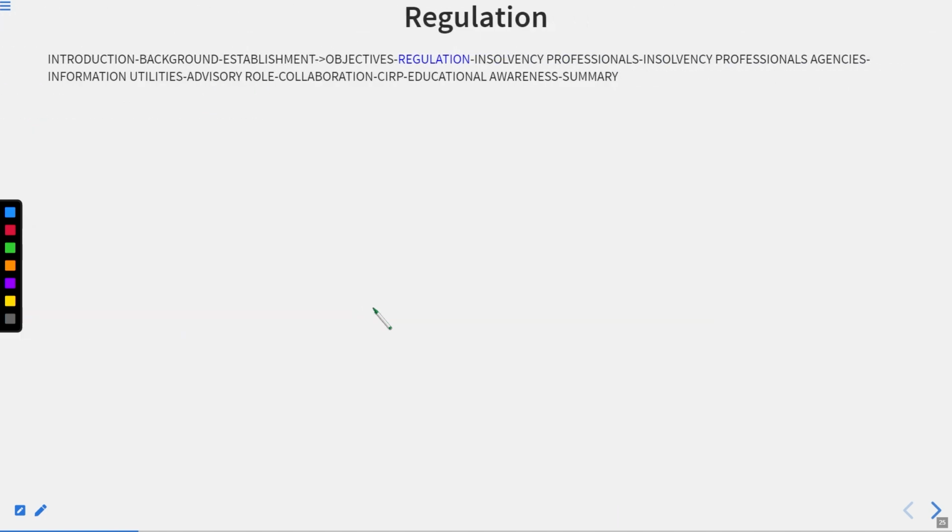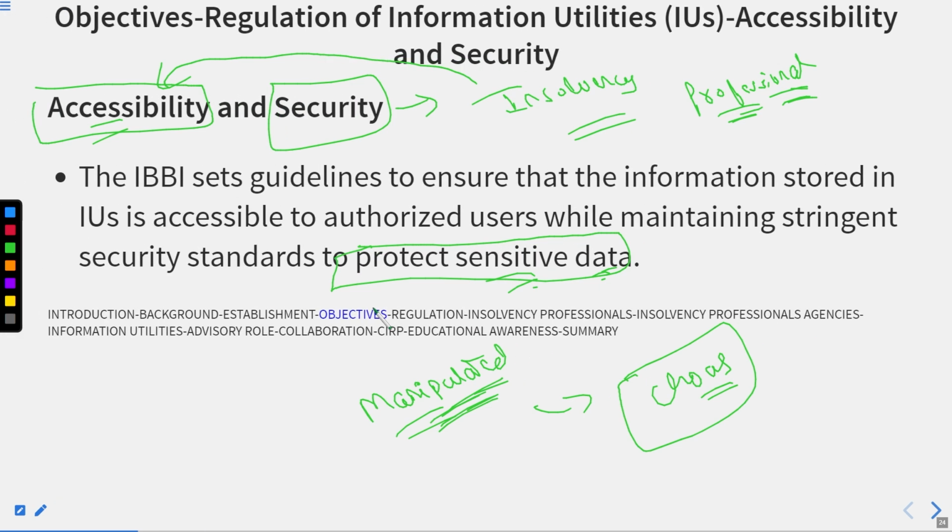If we move forward, now this is the regulation part. So students, we will start the regulation part in the next lecture. Till then, just make sure that you revise all the facts and figures regarding the objectives which we have discussed in this particular lecture. Because when you make sure that you have gone through the objectives of any particular organization, other facts and figures related with that organization will become easier to grasp for you. Right now you are well aware of the grounds why that particular organization was established. So in the next lecture we will start with the regulation.